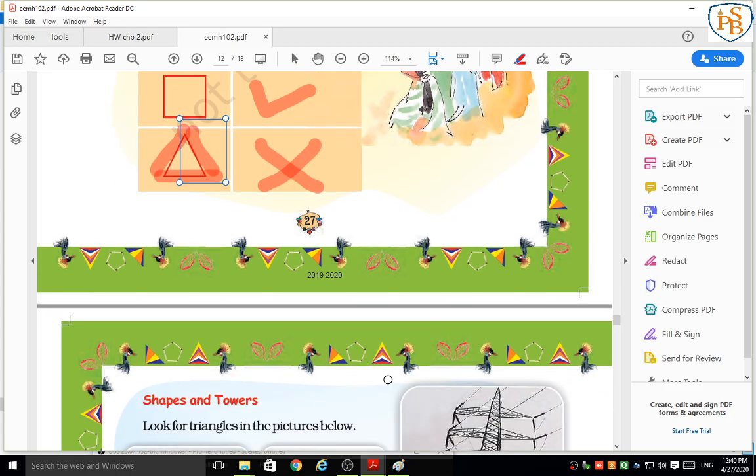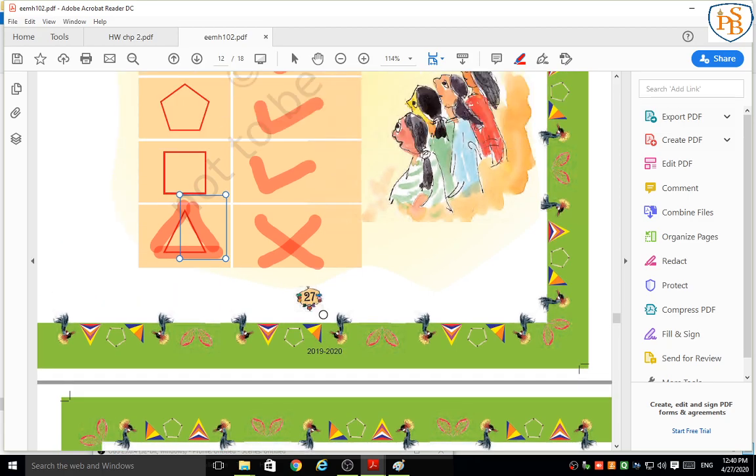Now from this chapter, what do they want to explain to us, what do they want to show us? Here in this chapter they want to teach us the many shapes and the different types of angles around us. We have already learned so many angles and shapes, from the garden, from the different types of shapes.